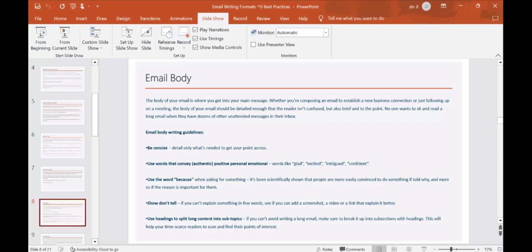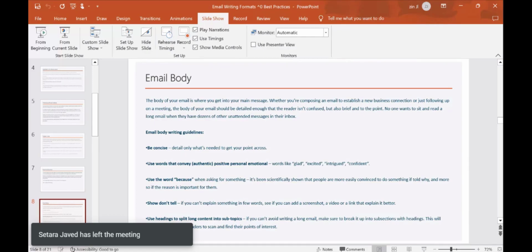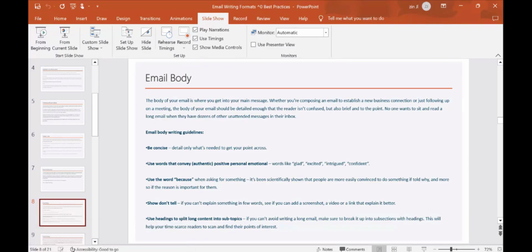I've been in a scenario where I could have had a conversation, but I'm sending an email to somebody in a different time zone. And obviously, there's a lot of different things that you want to cover. That's when your essay writing skills come into effect. And you put in a heading, a subheading, you detail it.